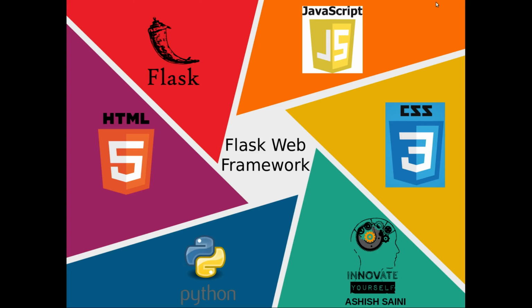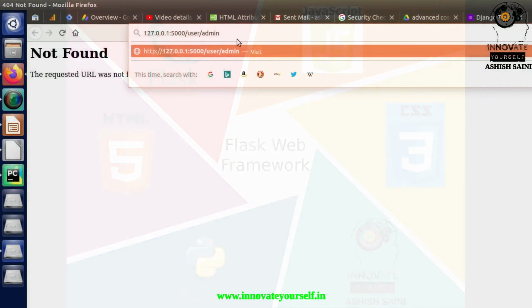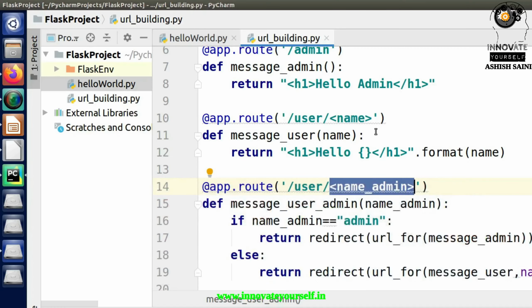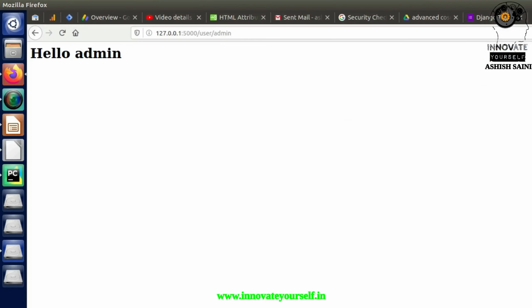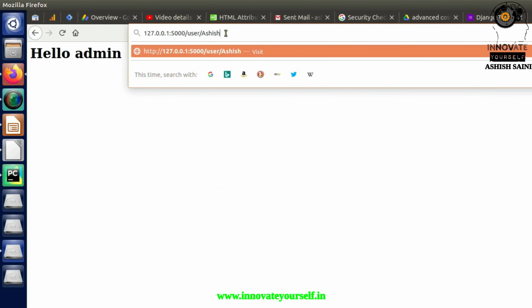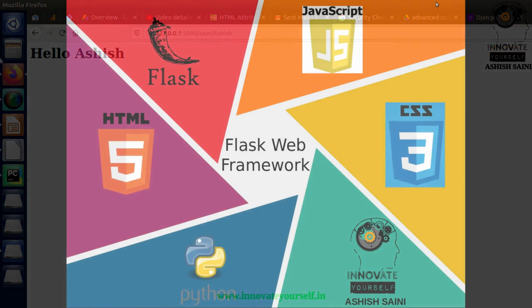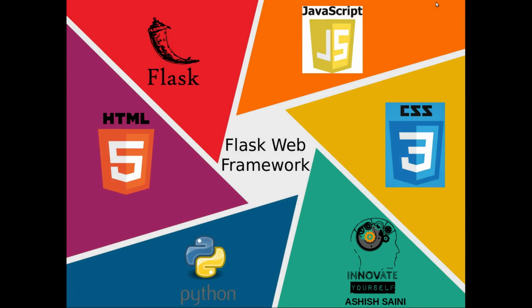Today I am back again with the next topic for the Flask Web Framework, and I hope you will definitely like this one. In the last session we have already seen how to use URL building, and there you were able to call multiple URLs with respect to redirect and url_for. Now in today's session I will show you how to use templates with the Flask Web Framework and how it is really useful in a web application. This is very useful while creating any web page. So let's see how to do that.